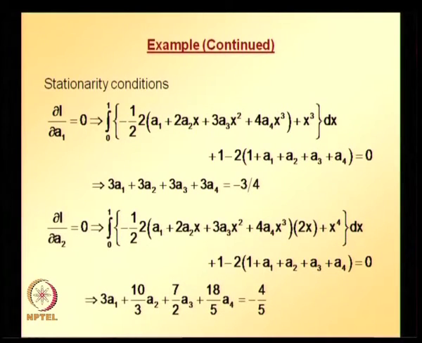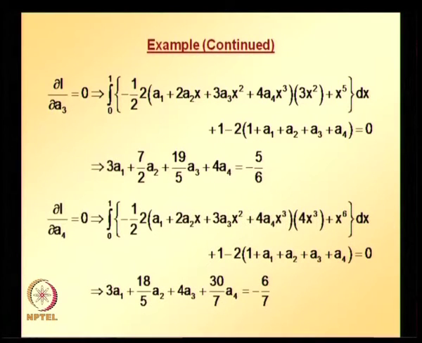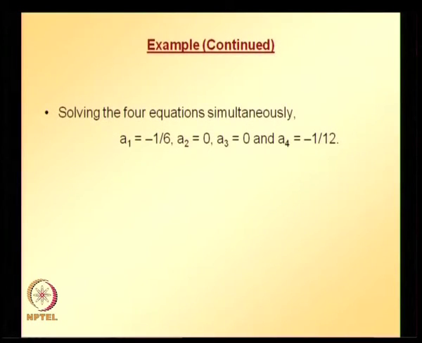Partial derivative of I with respect to a2 is equal to 0, you get the other equation, and similarly you get 2 more equations, because we require in total 4 equations to solve for these 4 unknown coefficients. Third equation, fourth equation, and you can solve the 4 equations simultaneously to get